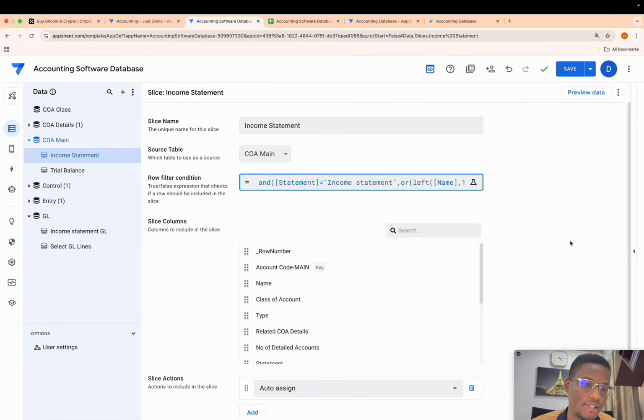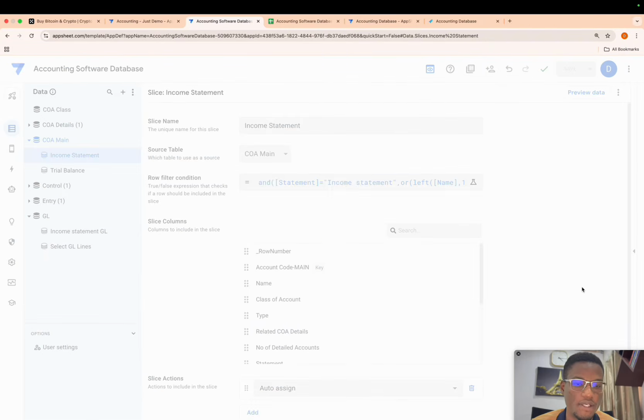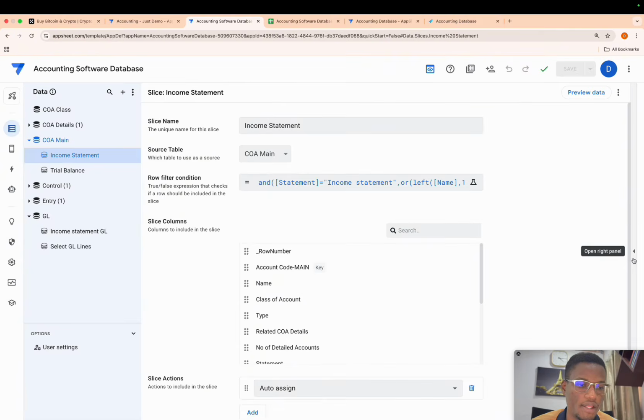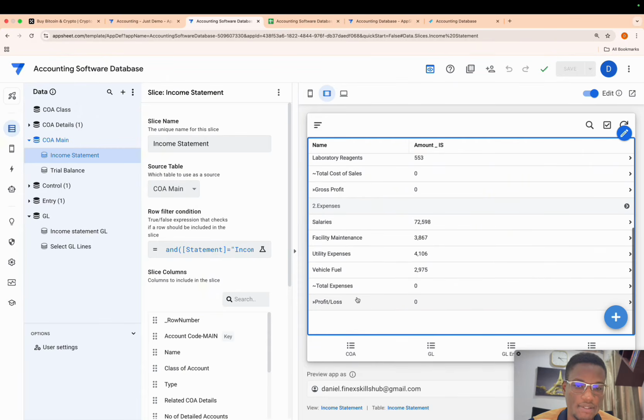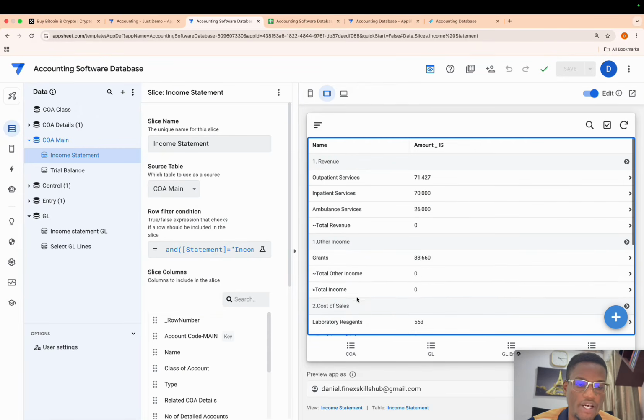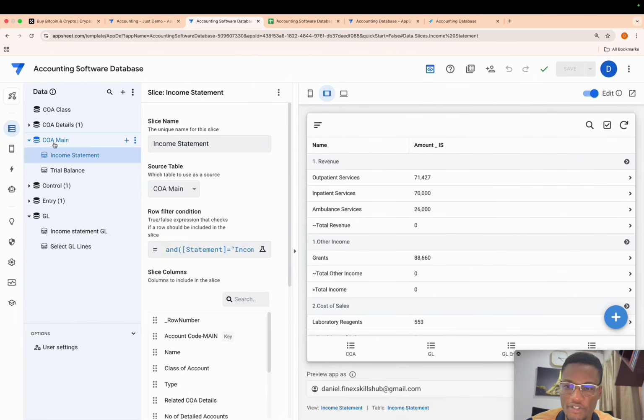So I'm going to click save and save over here. And then you see that even though our totals are 0, they pop up, right? Because they meet the other criteria, which is having these characters in front of them. So that's why those characters are very important. Okay. Now we have this in place. Now what we want to do is we've calculated our amounts. We need to create a column that calculates the total. Okay, good. That's a very interesting formula.